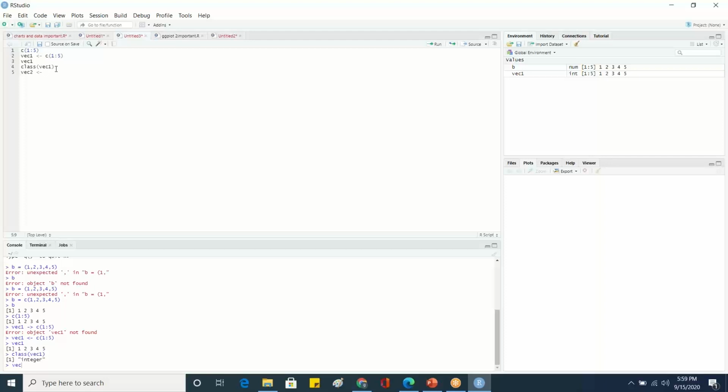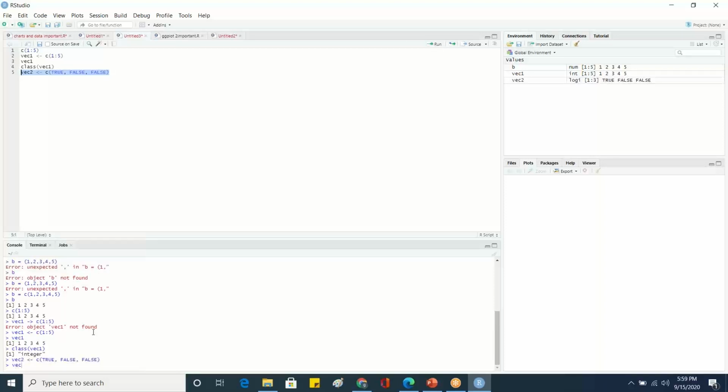So what are logical vectors? Logical vectors mean TRUE, FALSE, FALSE, okay? It is used for one kind of data type, and it can run only in one kind of data type. So now it is showing this.